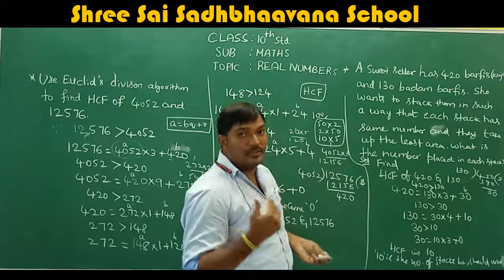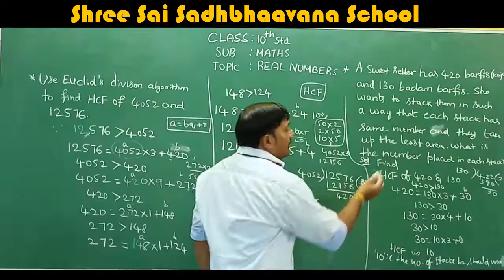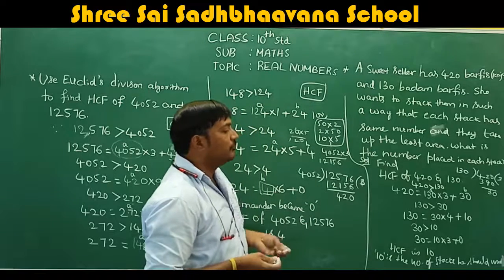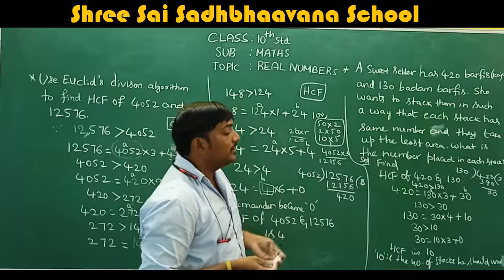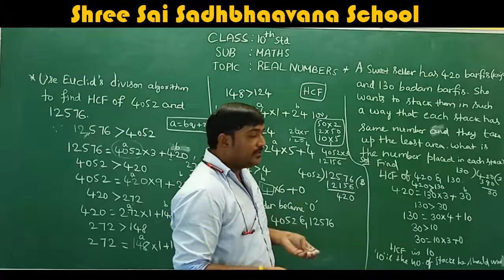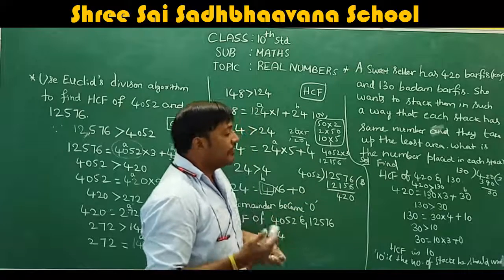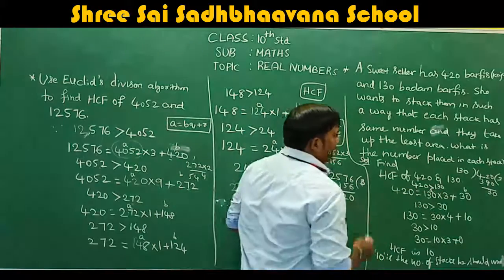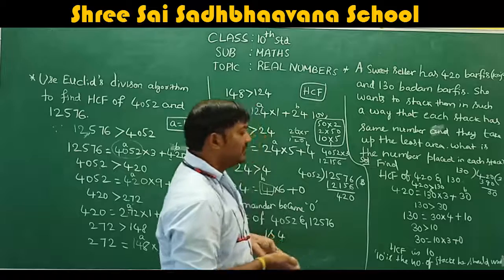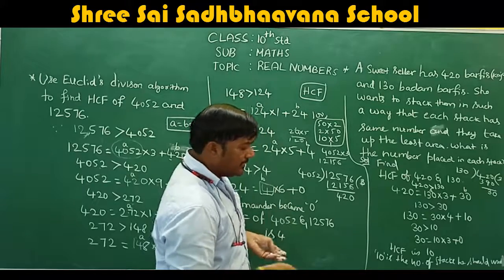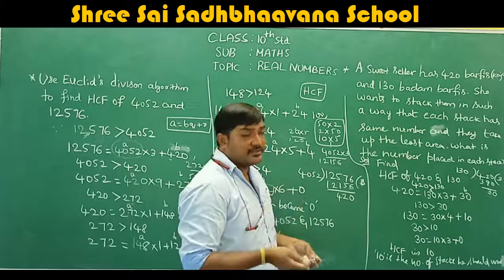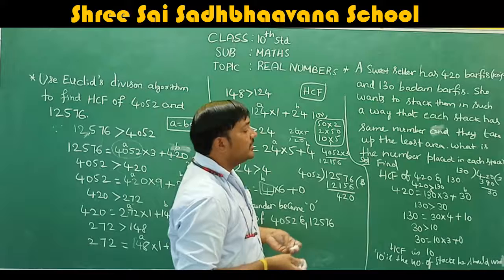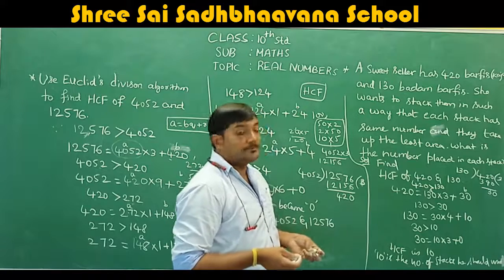We have to use obviously Euclid's division lemma. We know that 420 is greater than 130, so A should be taken as 420 and B should be taken as 130. We divide it. So 130 threes are 390. We know that 390 plus 30 will be 420. So 130 into 3 plus 30. Again, you apply the same procedure there. 130 and for B, which is 30. So 130 is greater than 30. So take A as 130 and B as 30. So 130 can be written as 30 into 4 plus 10.